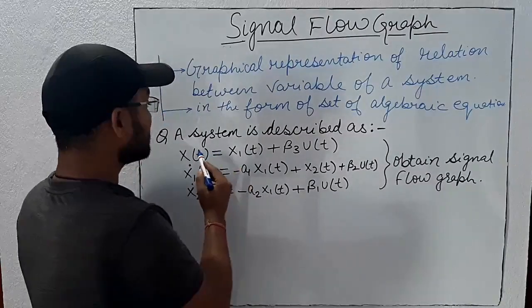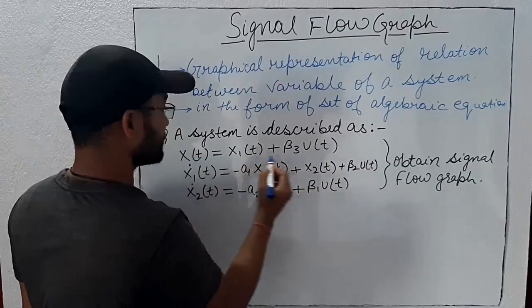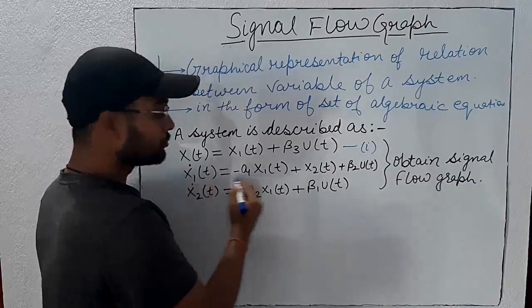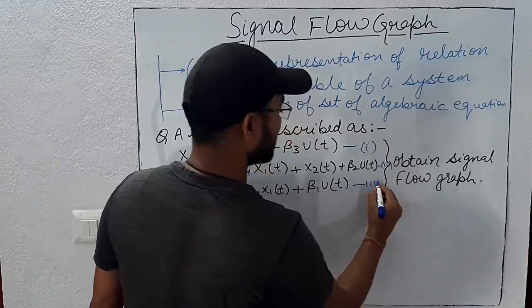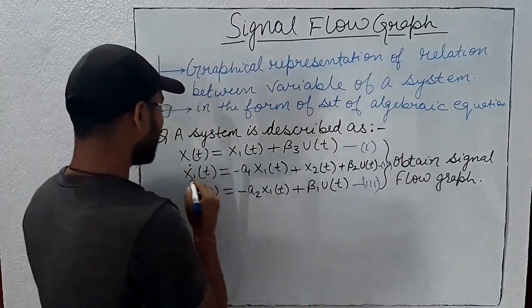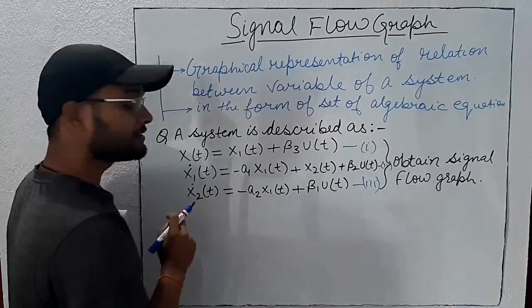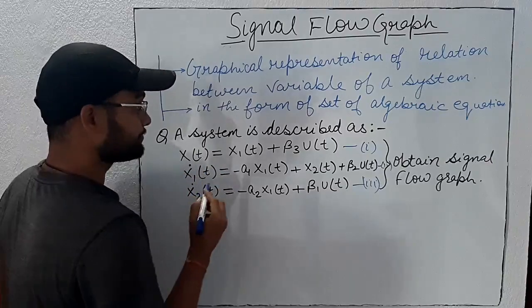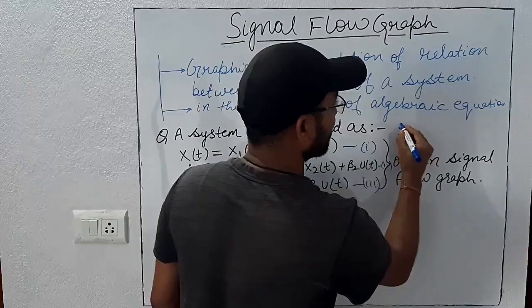So the question is given here. A system is described as equation number 1, this is equation number 2, and this is equation number 3. Here x1 dot t is the differentiation. x1 dot t means differentiation of x1 t. So whenever such terms like x dot t come,